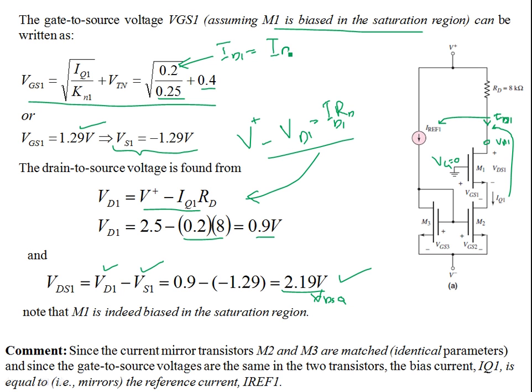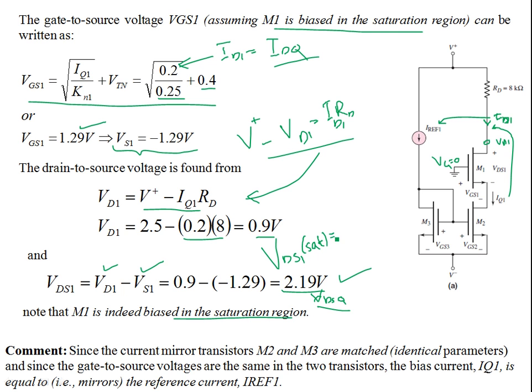That's your Q point. So the transistor is biased in the saturation region. That's why we are using the current-voltage relationships of the saturation region. So you have IDQ and then VDSQ, the biasing points. You can also find out from this VDSQ that M1 is indeed biased in saturation. How you do that is you find the transition point from non-saturation to saturation. So VDS sat is given by the overdrive voltage. VDS sat for transistor M1